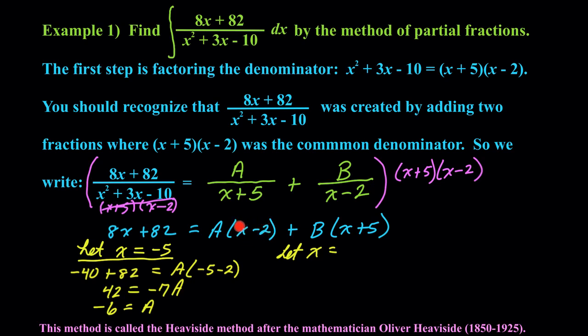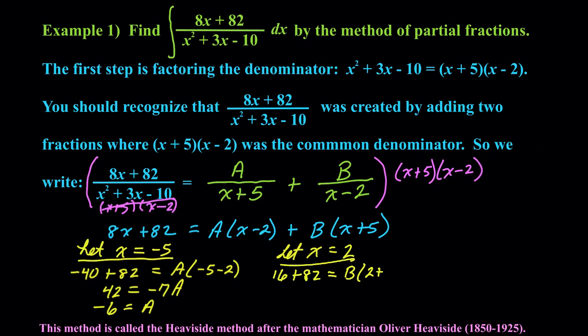So we let x be 2, which will make this parenthesis 0, and then 0 times a will give us 0 for this term. All right, so we're going to let x equal 2, which will give us 8 times 2 is 16 plus 82 equals b times 2 plus 7,